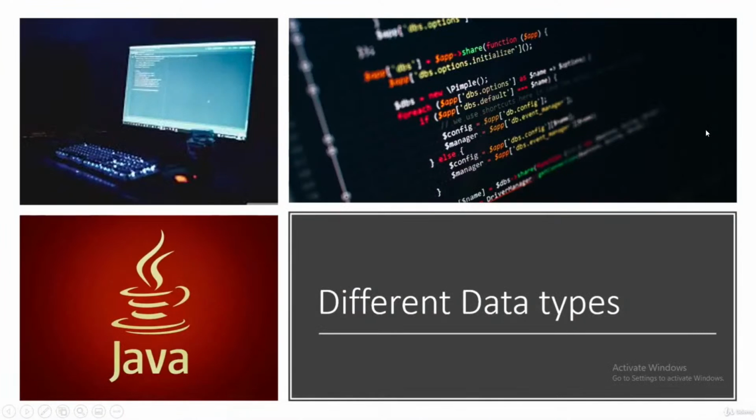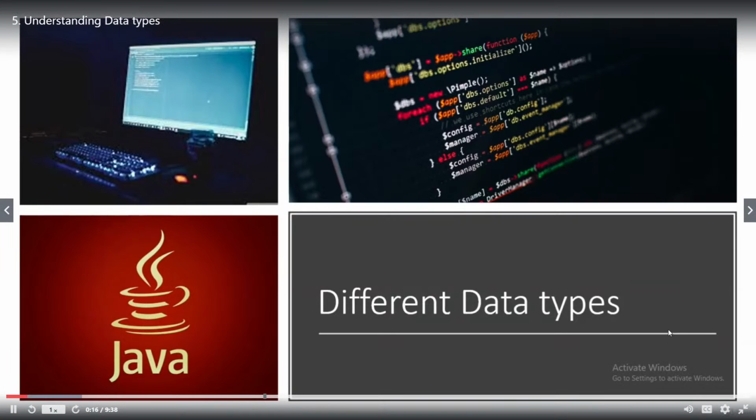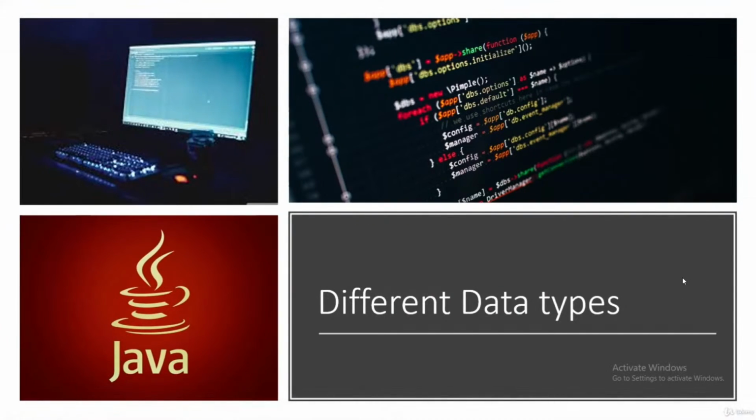Hello guys, and welcome back to another class of our course, the complete introduction to programming with Java. In today's class we are going to talk about the different data types that exist in this amazing programming language, and you'll see there are plenty of them. Pretty simple, we can say that there are three categories of data types in Java. It's a little bit different from other programming languages. Well, the categories are